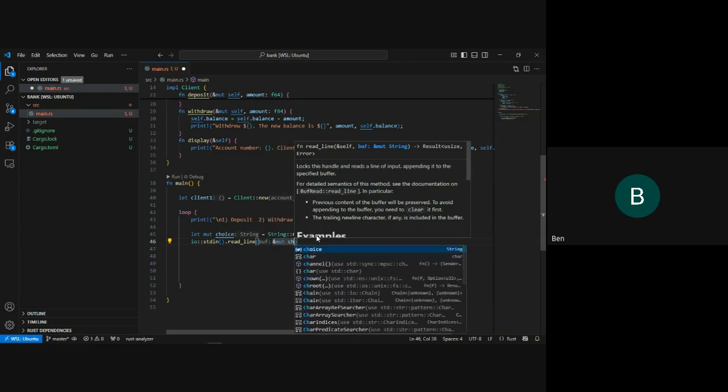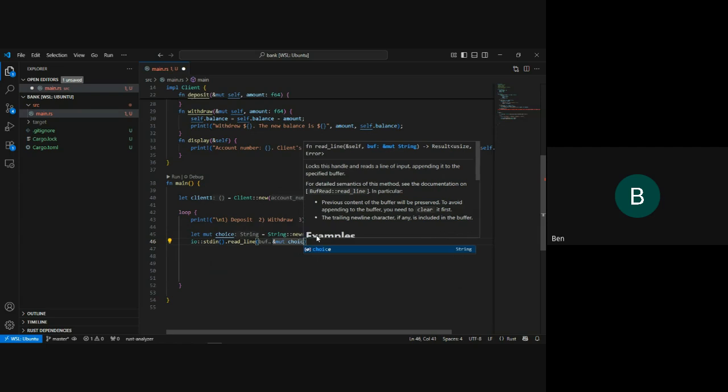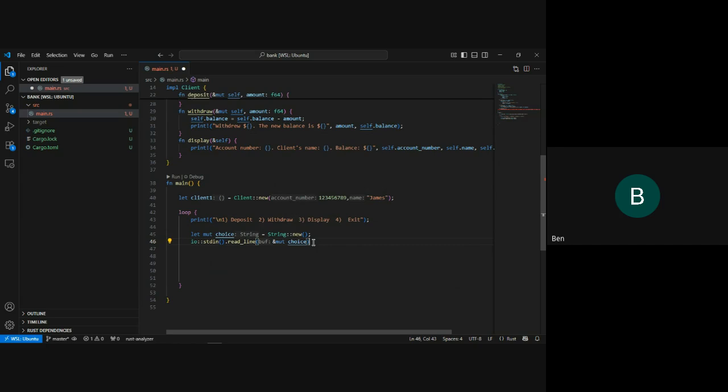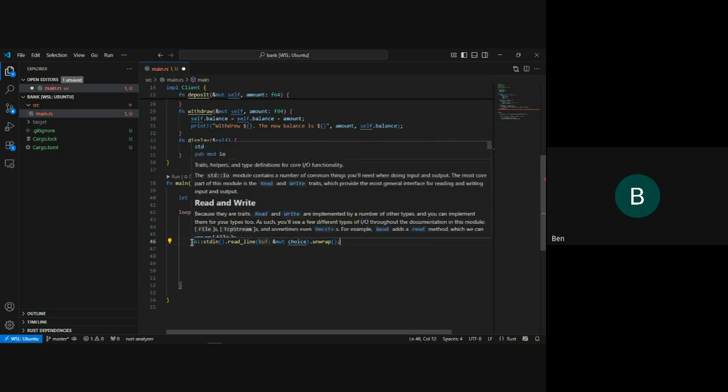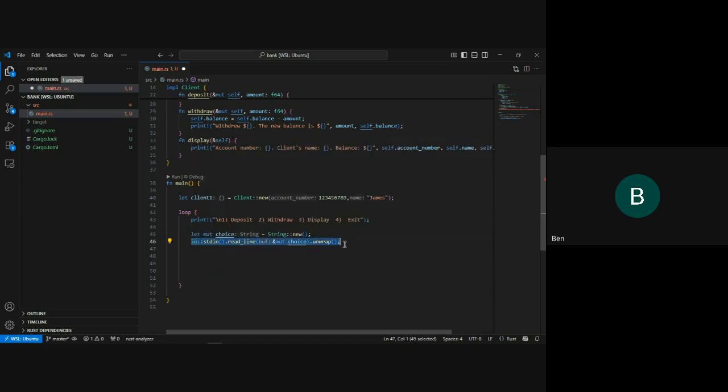Because the choice is mutable, we're going to put the mut sign there, and we unwrap it. So this is the command that we use to read what is there. And after that, we have read. Now we're going to do if and else. So if choice is equal to 1,